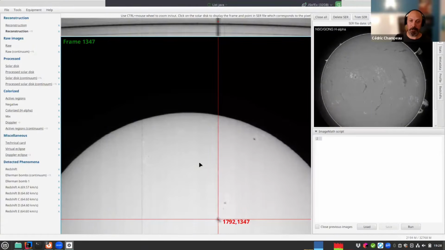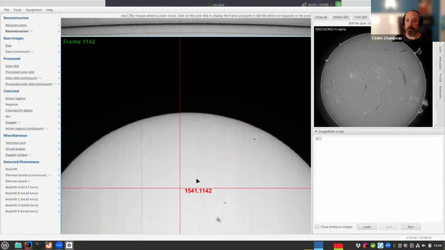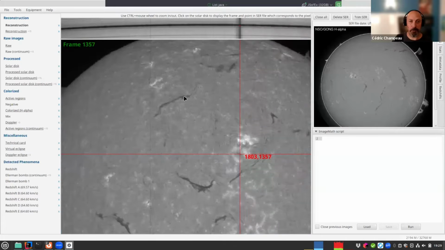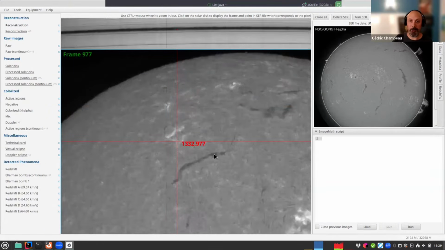So this is really something that I find interesting if you want to explain how a SHG works. Typically, if you do a public event and you have this instrument and you want to explain to people how this works, I think it's interesting because you can show in practice, oh, you see that dark line here, it corresponds to sunspots. And then you can click on something else and you see nothing. And then you move there and you go on the filament and you say, oh, it's strange because this filament doesn't show up as a dark line, but actually if you zoom really, really in,